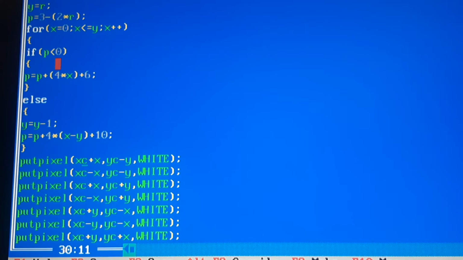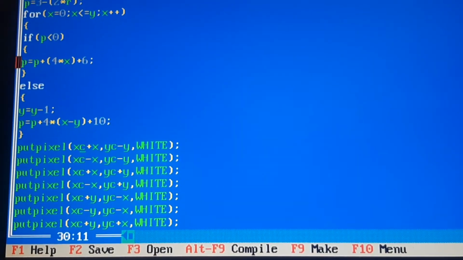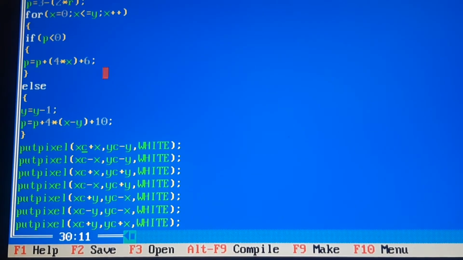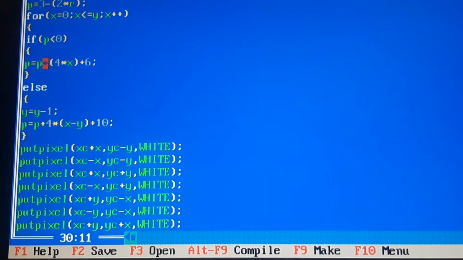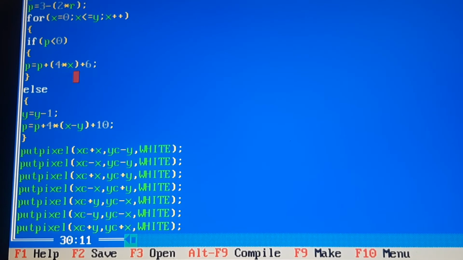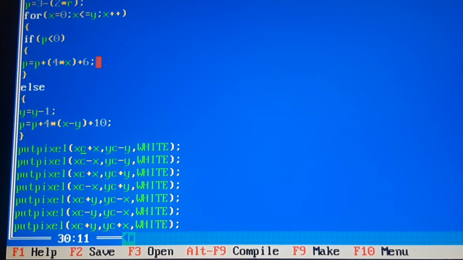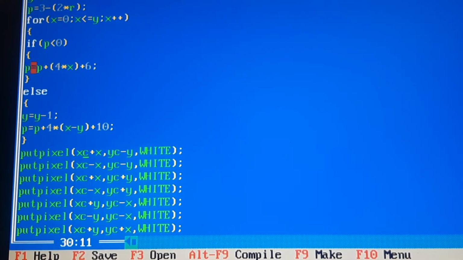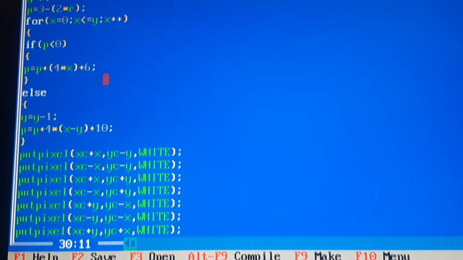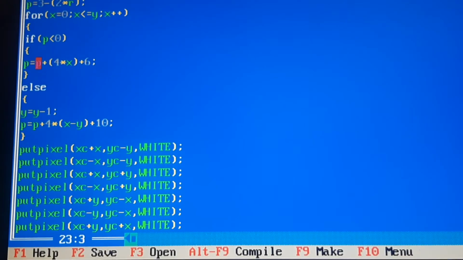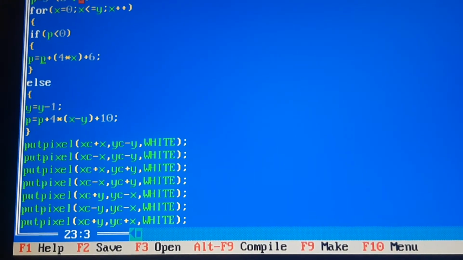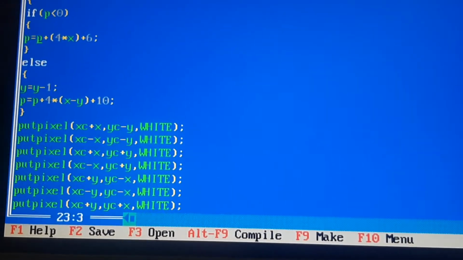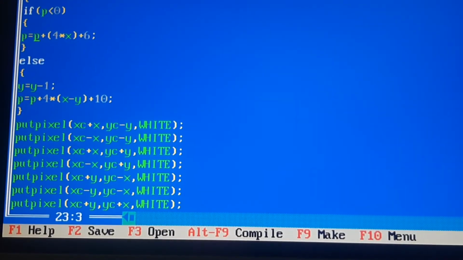If P is less than 0, then this will execute, that is the value of P will be set as P equals P plus 4 into X plus 6, where the new value of P is set like this. In this equation, the value of P is taken from the previous step, and X we have already declared as X equals 0.